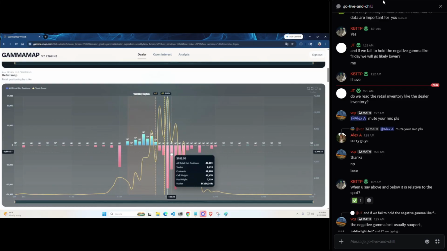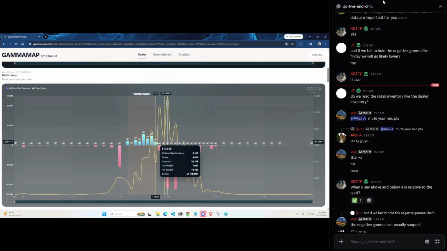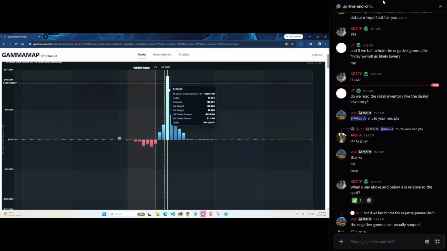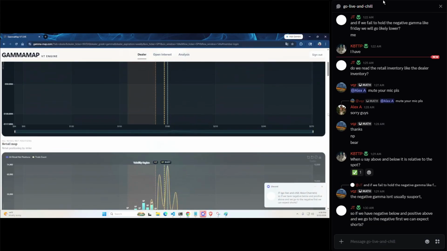You want to look for perfect setups like this, especially in intraday. Right here, the dealers are de-amplifying the move. They are buying dips, selling rips. Okay, so the target is 180. It's a pin area. If price comes down here a little bit, they're going to buy the dip and sell the rip. So this is a GEX paradigm.